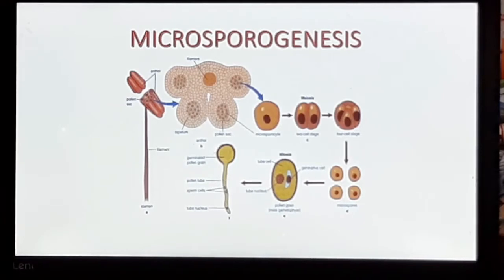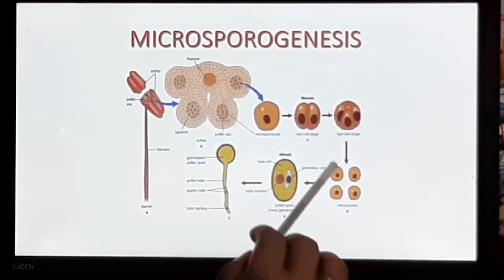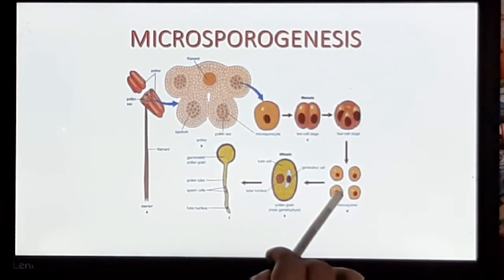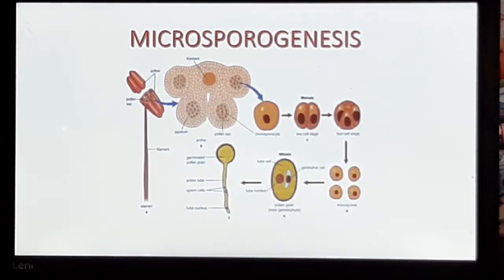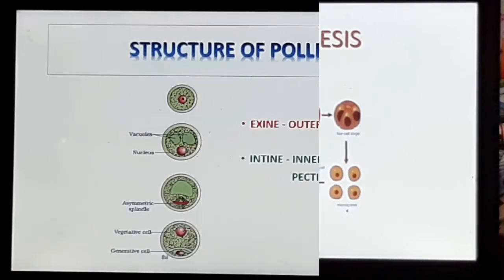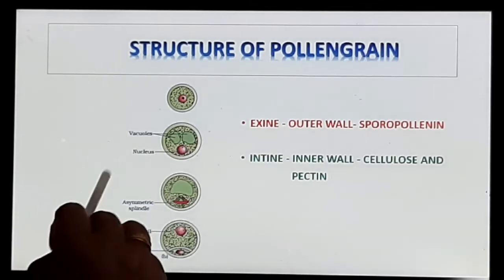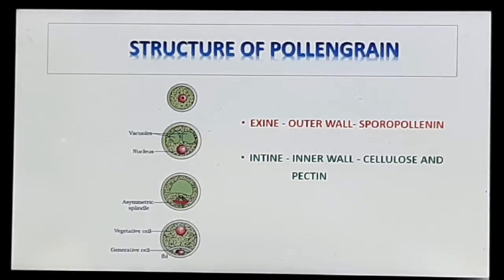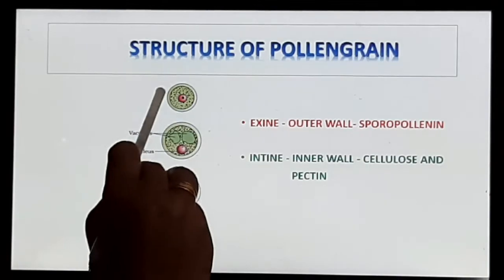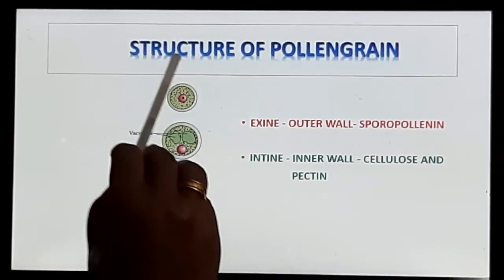As the anther matures, the microspores dissociate and form different pollen grains. That is, 4 pollen grains are formed from each pollen mother cell. Inside each microsporangium, several thousands of microspores are formed, which are released by the dehiscence of the anther. The pollen grains represent the male gametophyte. Pollen grains are generally spherical in outline.